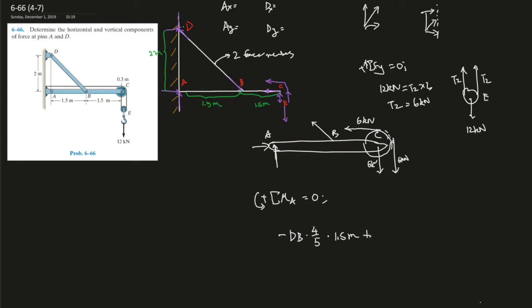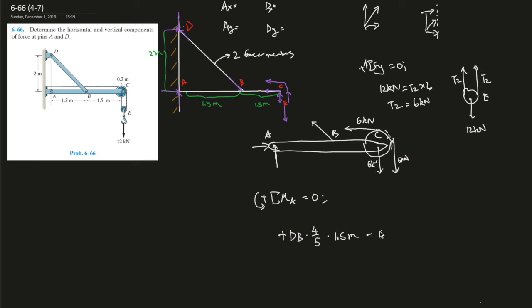And plus this force is going this way, so it's creating a clockwise. Wait, sorry. dB is creating a counterclockwise. I'm sorry, my brain froze for a second. It broke down for a second, and this force is going into a clockwise direction. So this is negative